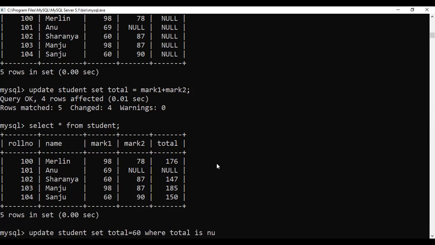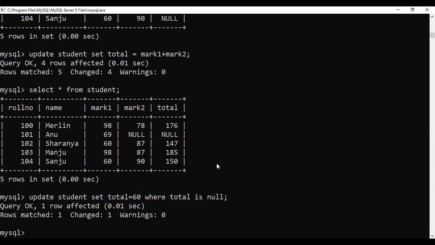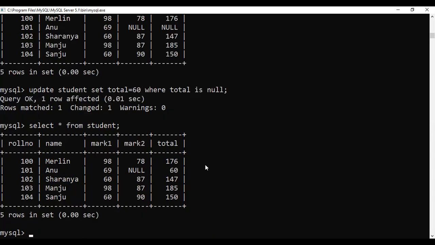Total is null. When we are checking with null, we go with is null. So one row is changed, you can see that it is updated. Or you can give where total equal to, update the column total equal to mark 1. Now if there is no such column, you cannot find it, and it will result in an error. So update is a DML command used for updating.